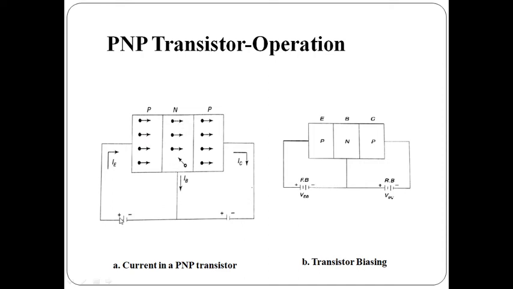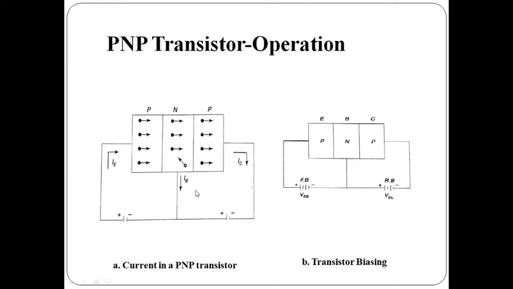So as soon as a forward bias voltage is applied to the emitter base junction of a PNP transistor, the holes present in the P region of the emitter will cross the junction of the emitter base, and will combine with the few electrons present in the base region, which will produce a small amount of base current, and the remaining holes will cross the collector base junction and will be collected towards the negative terminal. So from the operation of a PNP transistor, it is clear that the total emitter current will be equal to base current plus collector current.